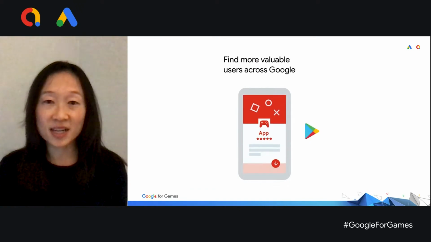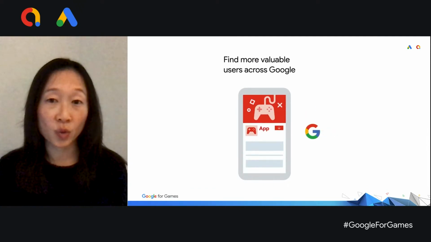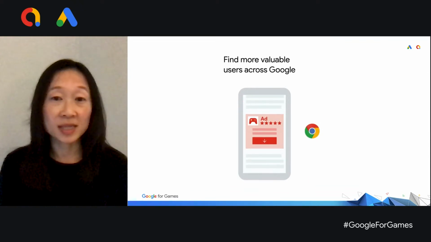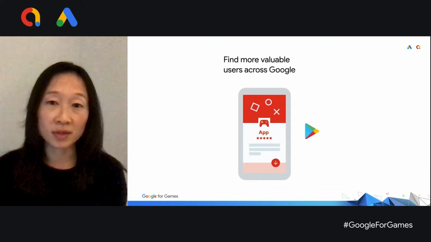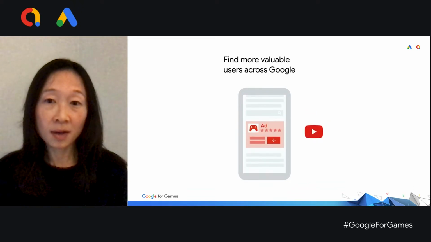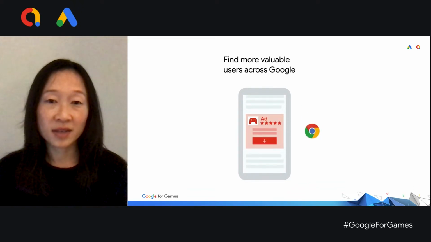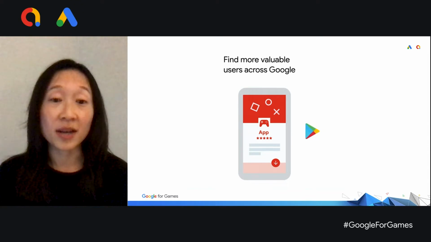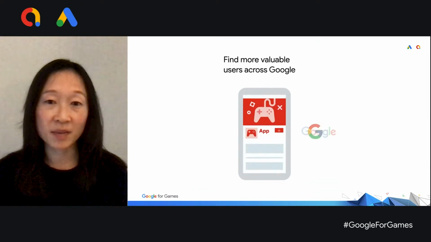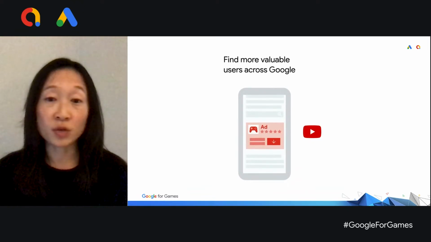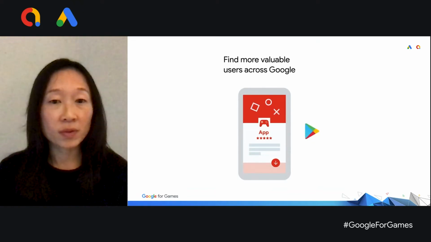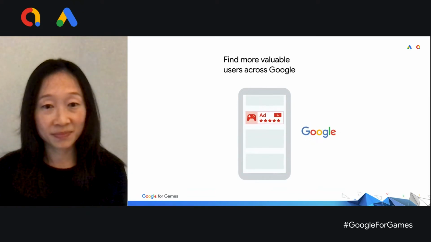Let's start by taking a look at how Google Ads can help you get your game into the hands of more quality players. With app campaigns in Google Ads, you can define your goals and find high-value players across Search, YouTube, Play, Discover, and over 3 million sites and apps in our network. Google's machine learning does the hard work of finding players all around the world based on your growth goals, whether that's people likely to install your game or those likely to take an action after they install.